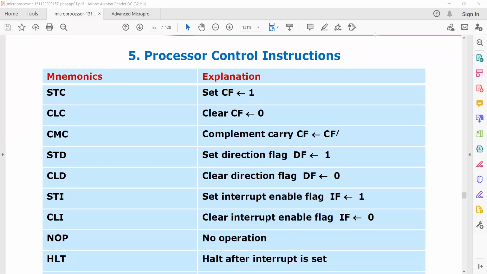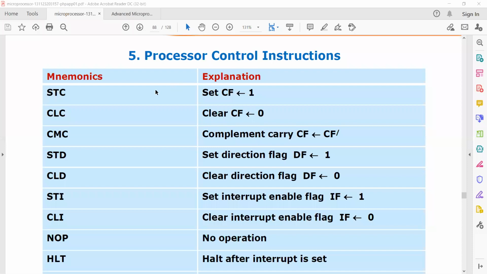When you are controlling the flag register, you are indirectly controlling the processor itself. That is why the name comes, processor control instruction. The point is clear now, and we'll see the different processor control instructions that we have here.